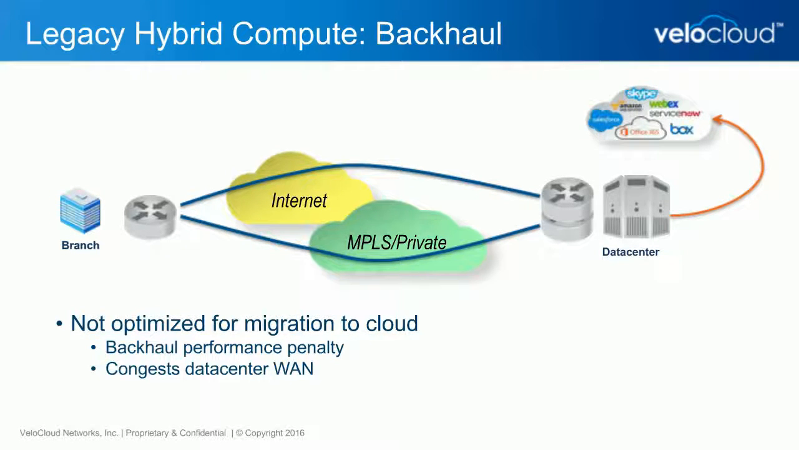And then the two scenarios are, in this case, if you want to go to the cloud, the traffic is backhauled across this hybrid network, which hopefully has an SD-WAN overlay on it, but you still suffer the performance penalty of backhauling the traffic, and it also congests the WAN bandwidth into the data center. So the next option, on the next slide, is